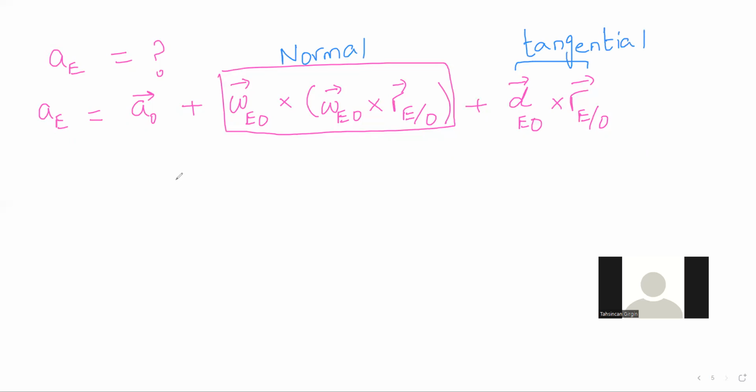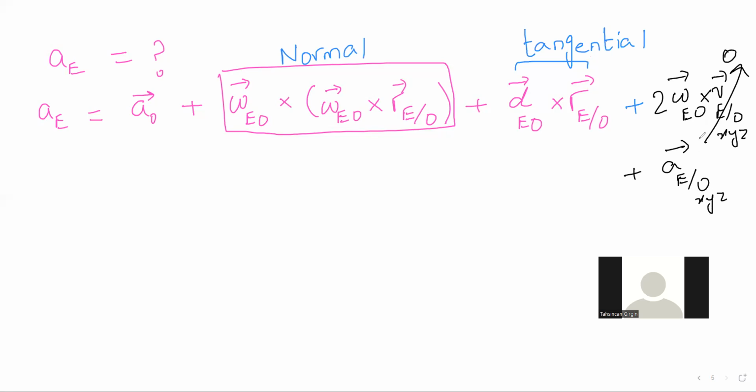Okay. Plus, oh, come on. No need to even write this, by the way. It's just super funny that we even want to write this. How on earth can Coriolis enter here? Oh no. Big no. AE with respect to O? Oh, come on. No way. Small x, y, z terms can enter. Big no.